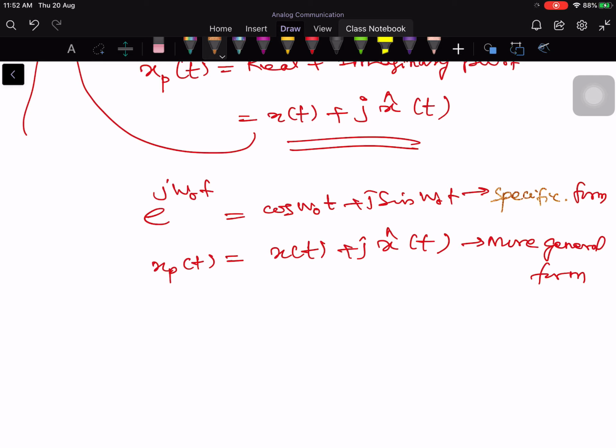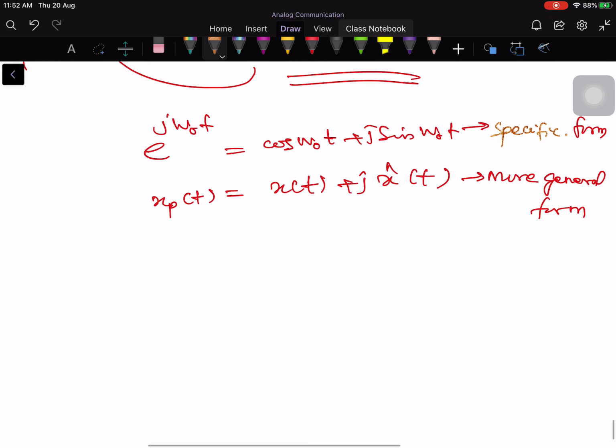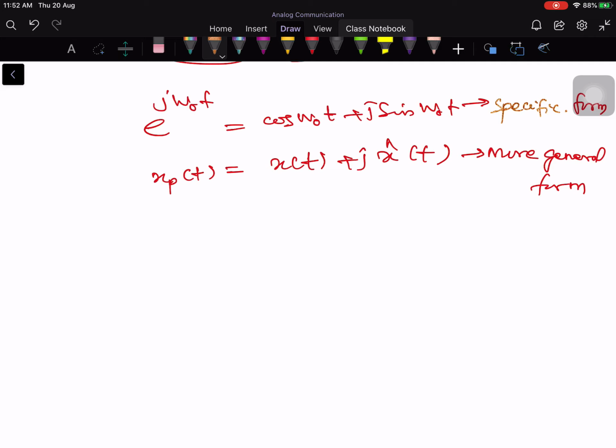So we will try to get used to this and try to develop a feel for this representation. Also we will see what it can do for us. Now let me again discuss conceptually what the significance of this representation is. Suppose I work with a signal like this. My real signal is cos of omega naught t plus theta.